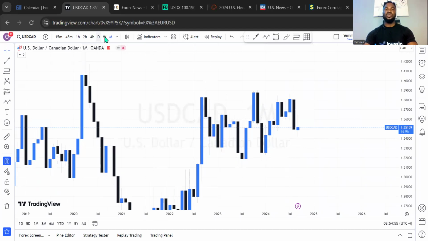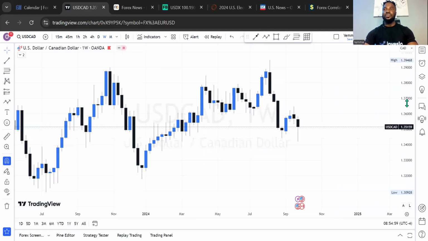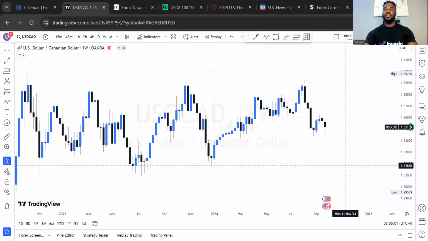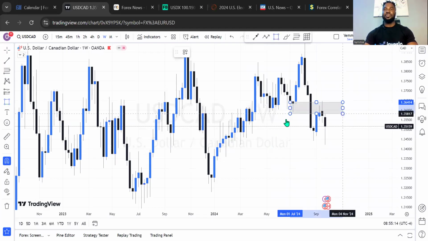So what is expected? Let's go to the weekly time frame and see further insight. For the weekly time frame analysis, on this particular week, which is that of the 19th of August, we had this massive bearish candle, and we anticipated a more bullish movement to this price range before we're going to see more sell, and that happened with this candle for the previous week. And then last week happened to be another bearish candle, which retraced eventually.